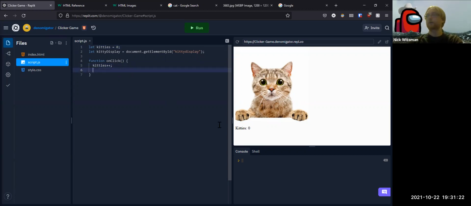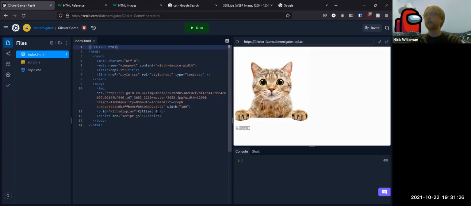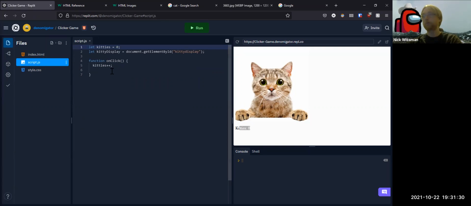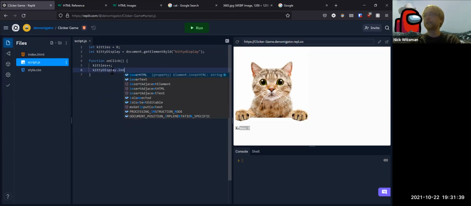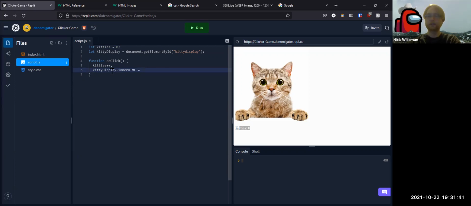So in this case, what I want to change is the inner HTML, the stuff that I have written right here. I don't want to say kitty0. I want to say kitties1 or, well, whatever the kitties are. So I'm going to go ahead and say kitty display dot inner HTML equals kitties and then plus